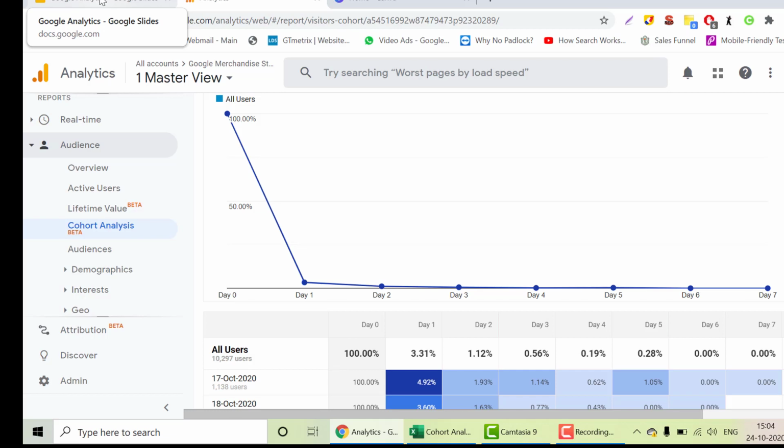So in this case, what exactly is the characteristic that we are considering? What we are considering over here is that all those users who are coming on the day zero, which is what we are taking as day zero. So let this particular date be the day zero. So all those users who came and visited my website on this particular date, which is what we are calling day zero, would be forming a cohort.